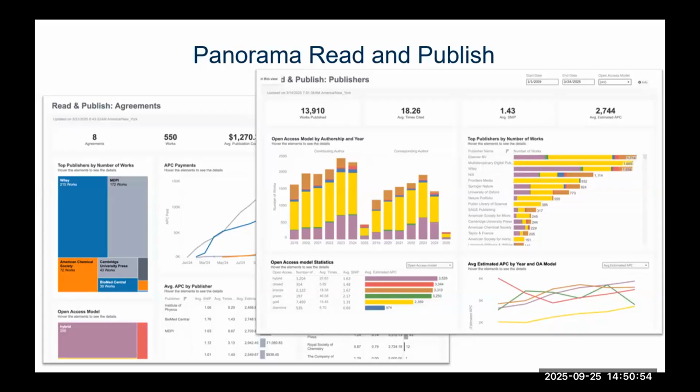So it's looking at everything that your institution is publishing and looking at the cost of those publishers that you have and being able to see if there's any potentially new read and publish agreements that would be valuable for you, or maybe renegotiating some of your agreements, maybe some of the capacities or the amount of APCs that are included in your agreements. Maybe you want to expand on them, maybe you want to shrink it, maybe you want to add new ones. So we've added that into Panorama. And for all of the EBSCO Folio libraries, they get access to Panorama. So this is a new feature that we just rolled out.